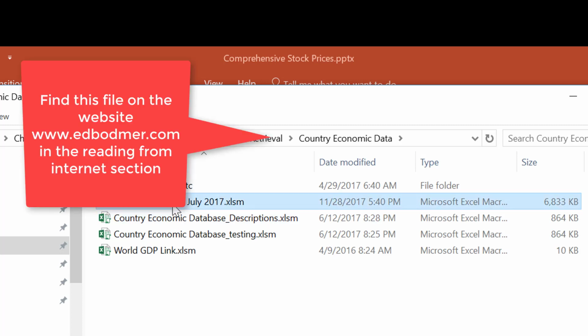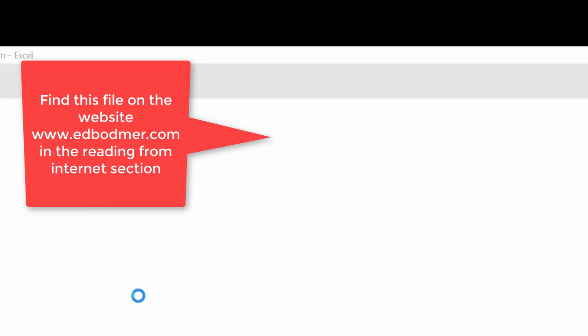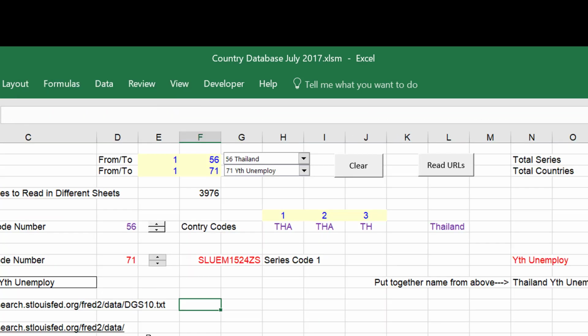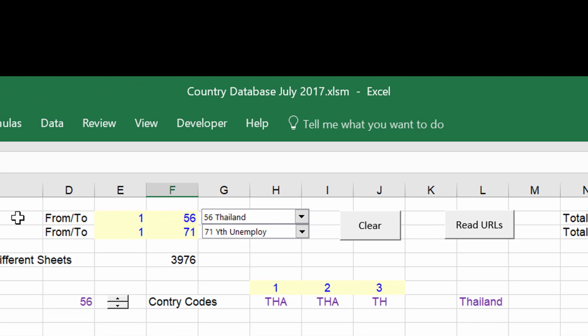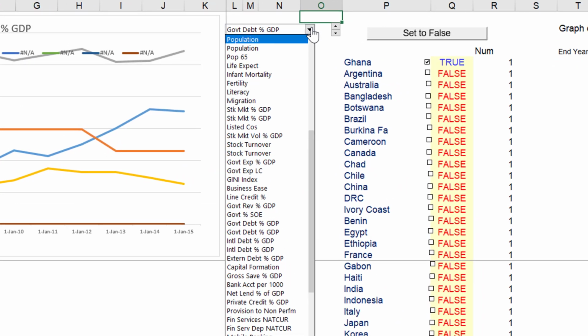And you probably really only have to update this about once a year or something. Now, what's opening now is just this stock price thing I'm going through. But this is kind of similar. It goes through and gets all of this data. Look, there's Ghana, Argentina, everybody here, okay? And you just create a URL essentially with different code numbers, different time periods, and then you can start picking a whole lot of different